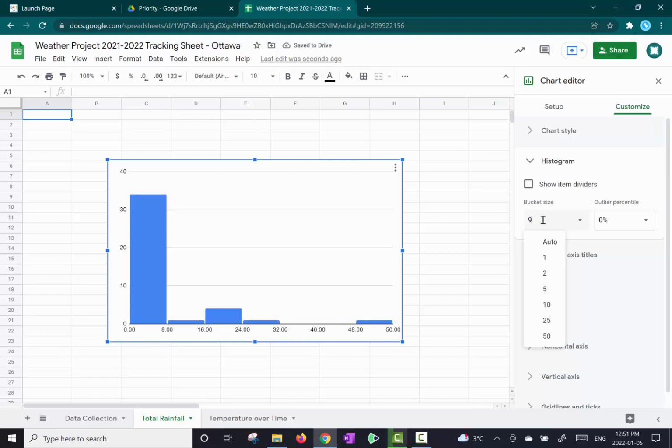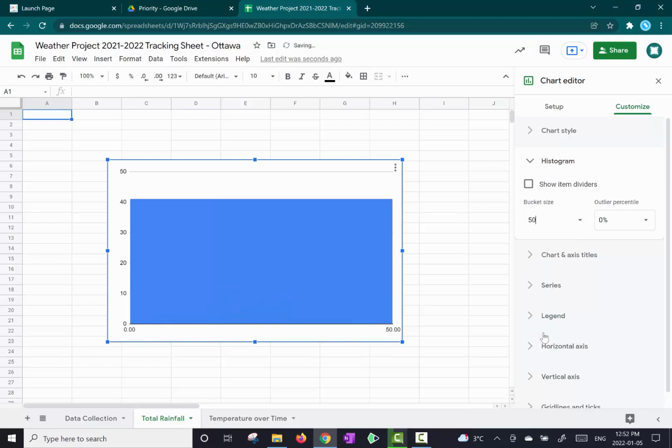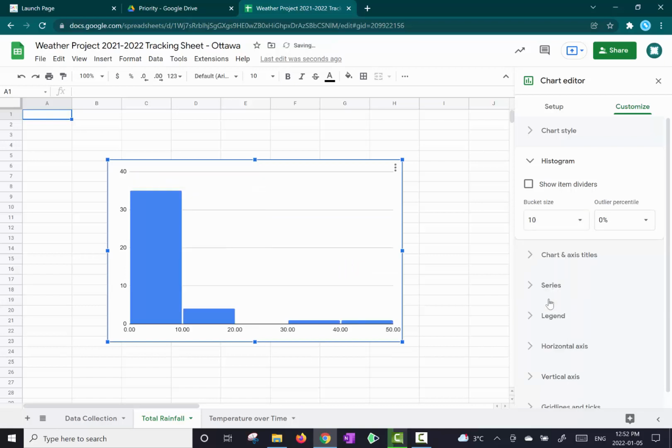And I can just play with this and see what it looks like at different bin levels. Now, again, your trade-offs. If your bucket's too small, you're getting close to that column chart, where you're looking at a lot of data, although you can be a bit more precise with it. Whereas if your bucket's too big, you don't really get anything. So it's about finding that happy medium between them. So I might leave it at 10,